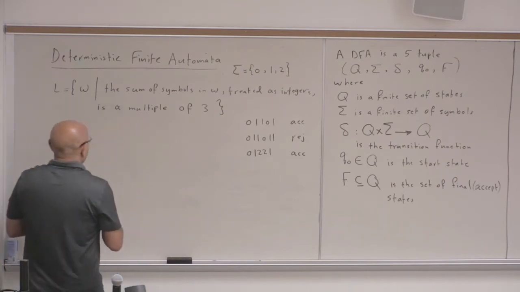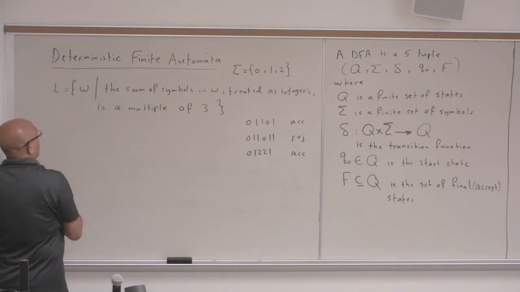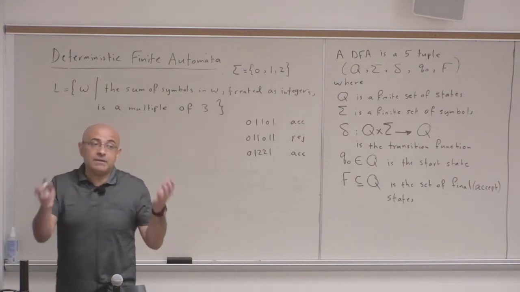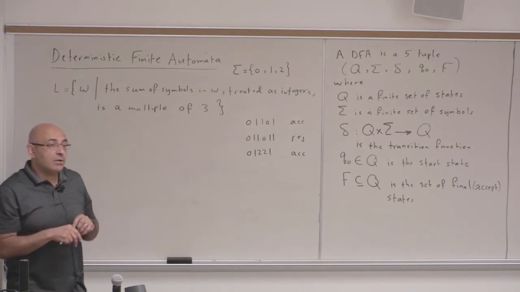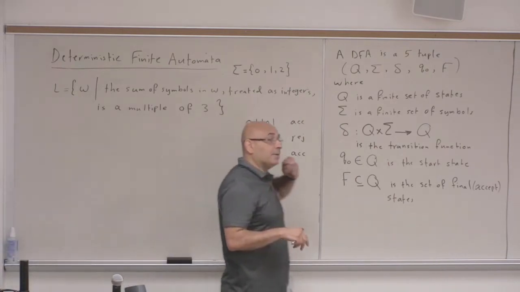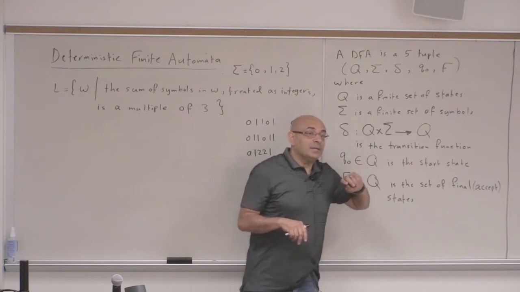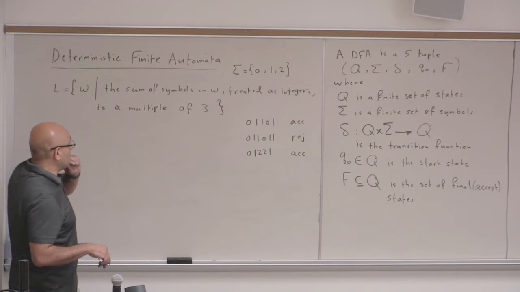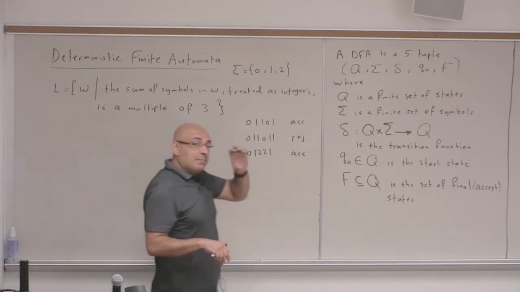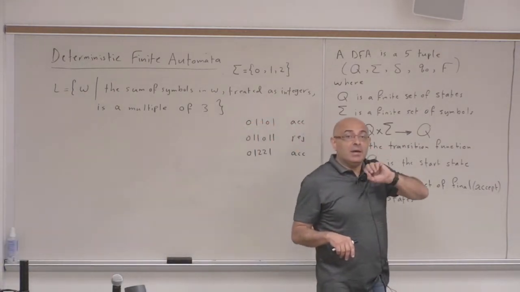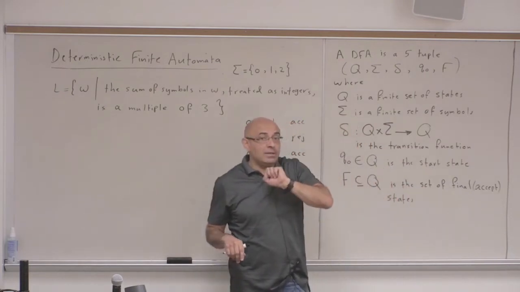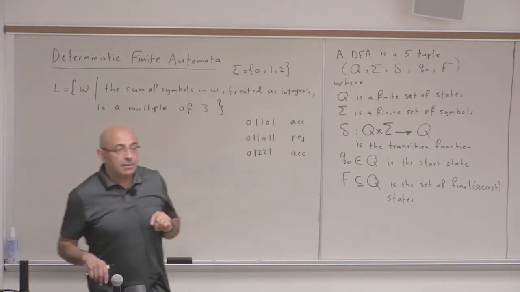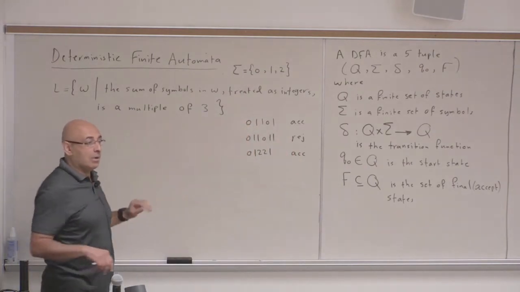Okay, let's see what this DFA will look like. How many states do you think there will be, given what we have seen? Try to make a connection between this example and the modulus one. We have 3 states: one state for the sum being 0 mod 3, one for the sum being 1 mod 3, and one for the sum being 2 mod 3. You only have 3 possible values, 0, 1, or 2, mod 3.